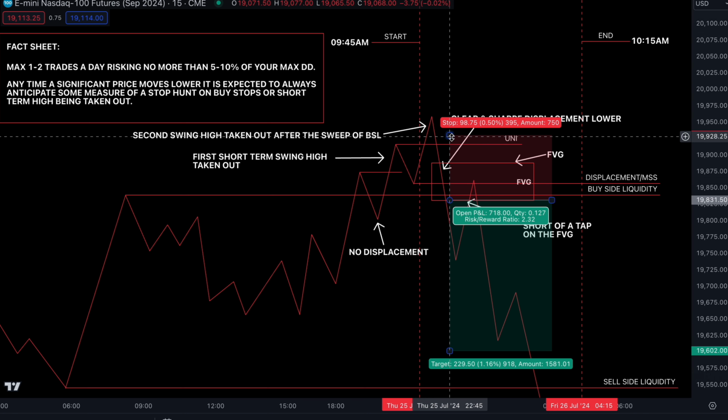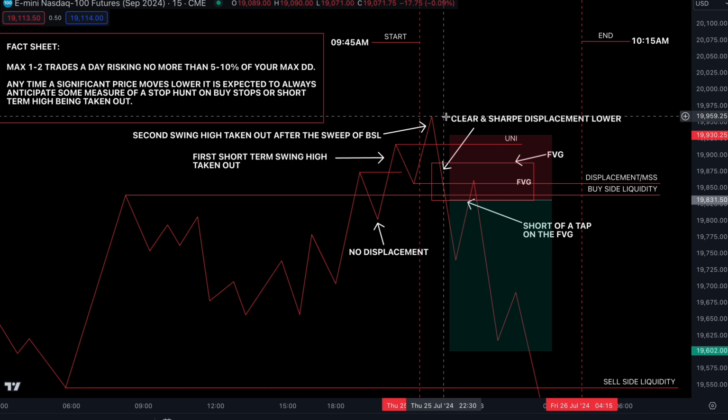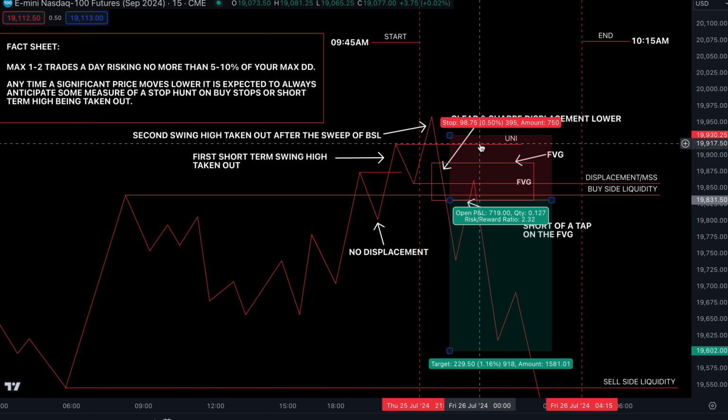You'd run your stop just below the highs. There's no point running at the highs. ICT says to run it above the highs. This is obviously not a valid example. Obviously the example which I've marked out here is not valid. It's saying it's a 98 handle stop. Obviously I'm just showing you guys a quick example. I will show you a live example of what we took today. I took it live on the channel, so you guys can go check it out. Go onto my channel, click live, and I took this trade live.